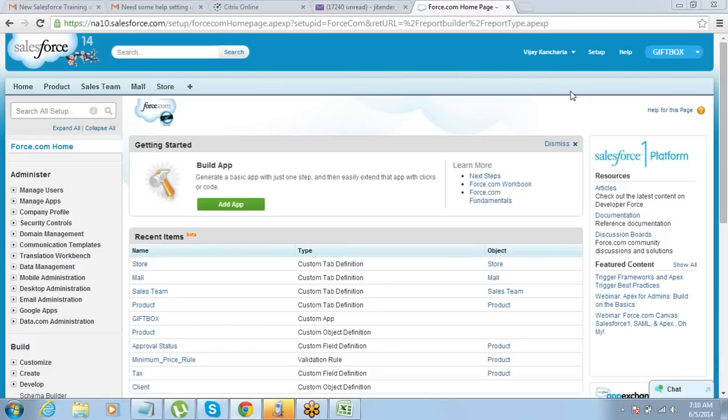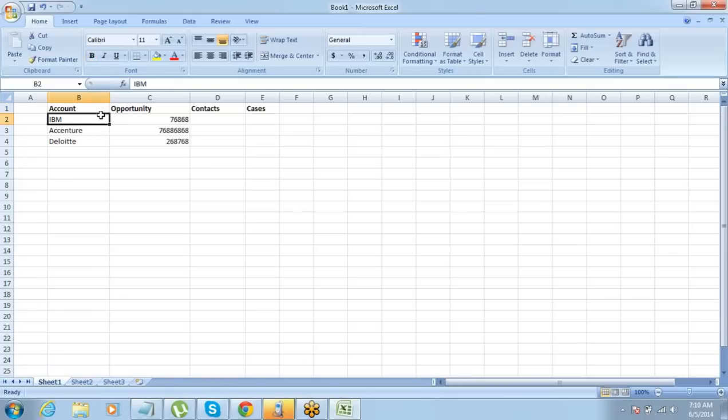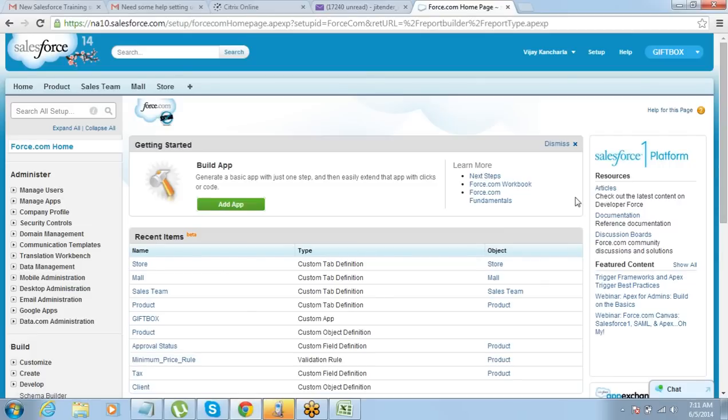So let's get back to this. The report that we were discussing, as I can see, to include these things I need 3 different report types. A joint report is what will allow you to include multiple report types in the same report. First create a report using account and opportunity report type, then include the second one, and then the third report type. That is what can be done through a joint report.